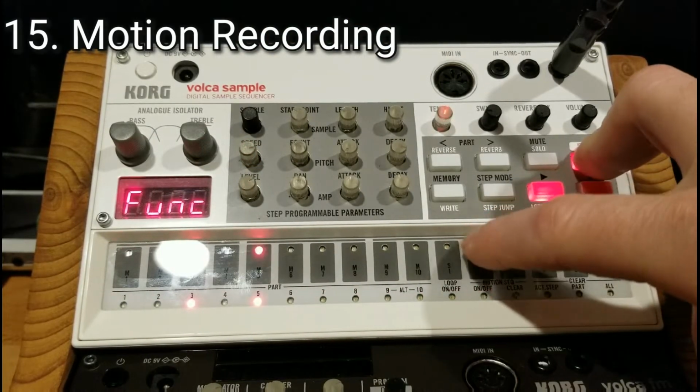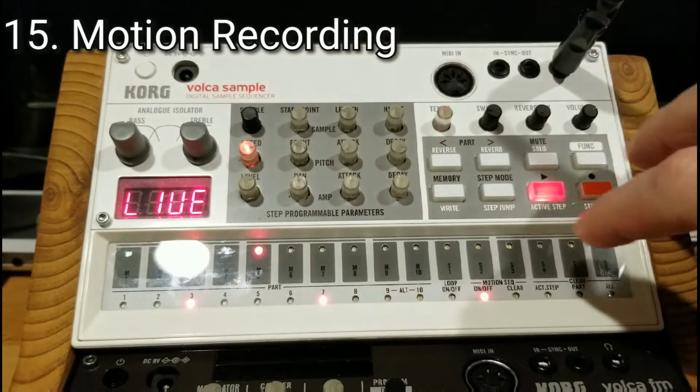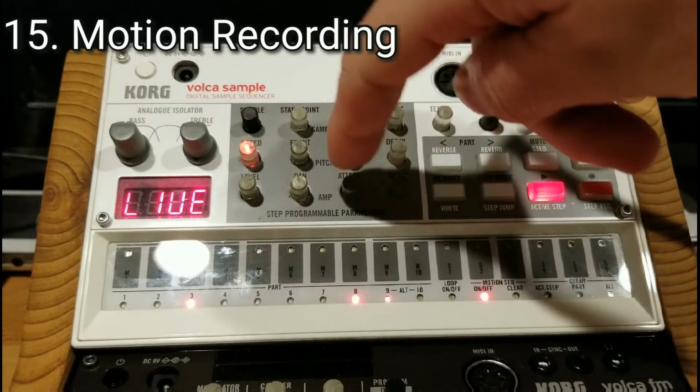Nope, you got to keep it on. So you got to make sure that that option stays on for the sample. If you turn it off, it will disable the motion sequencing. And when it's on and you've done